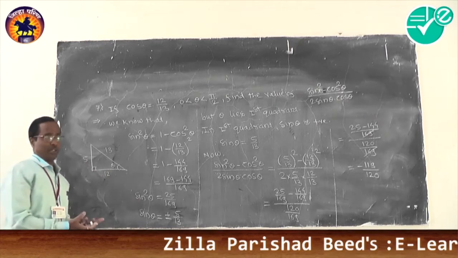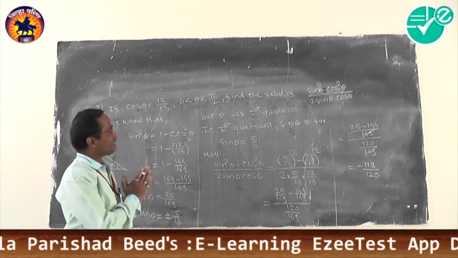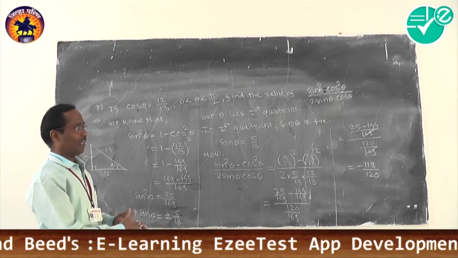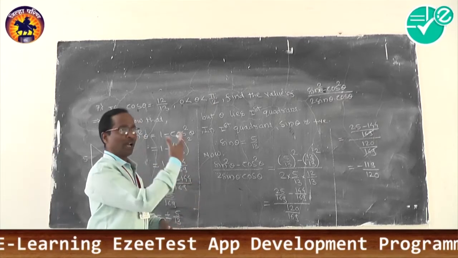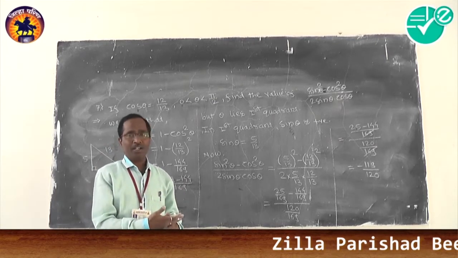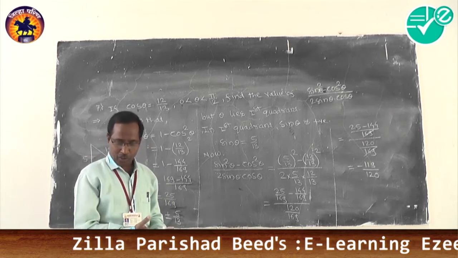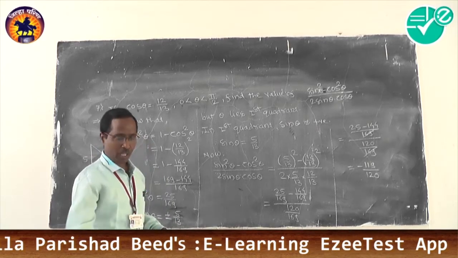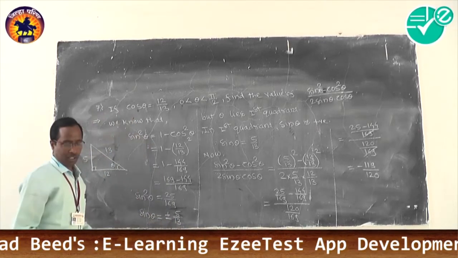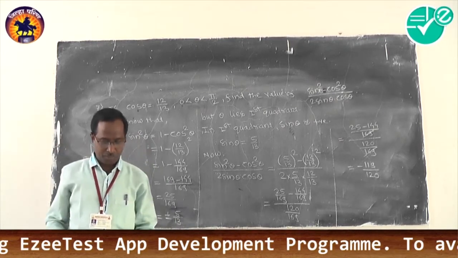And in the next question, we are going to take the MCQ. It is not necessary to find the value of the given function by using the board method. For MCQ, we are going to find how we can get the direct value of the trigonometric function. Now we are going to study that. We are going to take one MCQ on this.